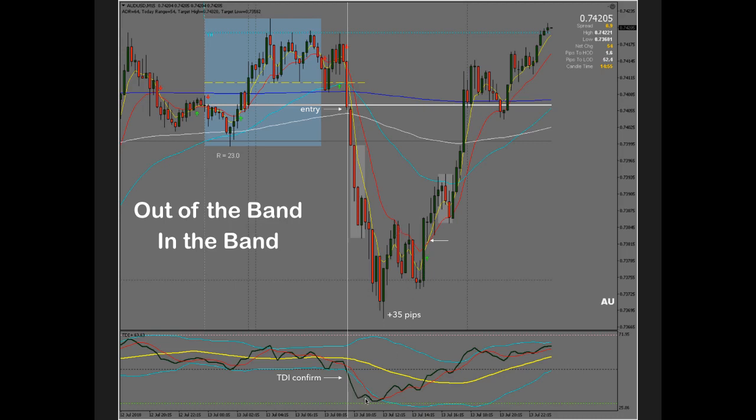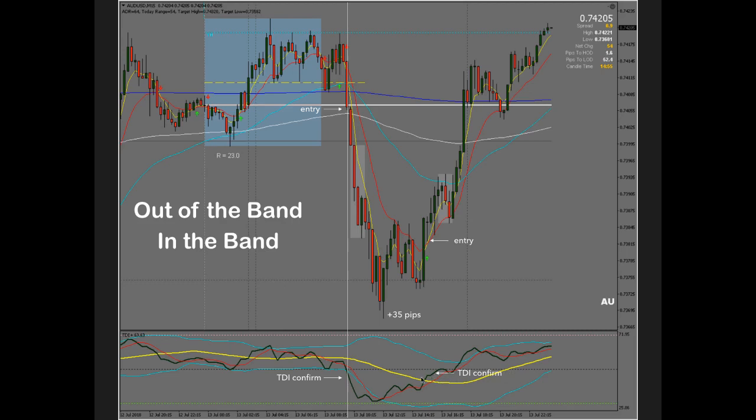So you can notice here shark fin out of the band right here, first leg, and then shark fin in the band with a second leg right here on this big shift candle. Would be your entry, but you can take the pullback entry and get a discounted stop loss, right? So on a big shift candle like this, it's likely they're going to give you a pullback, right? So we can pull back to about 1/3 of the candle. Sometimes they give you a pullback to the half, but 1/3 is good enough, okay? You can take your entry right here, all right? And if you took that pullback entry up to the top,